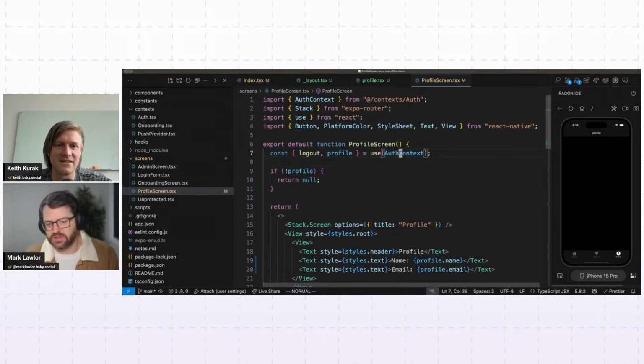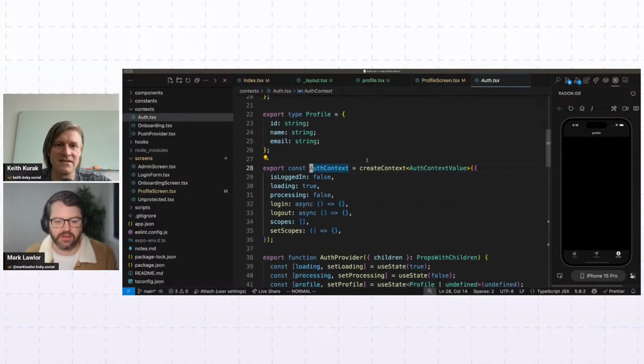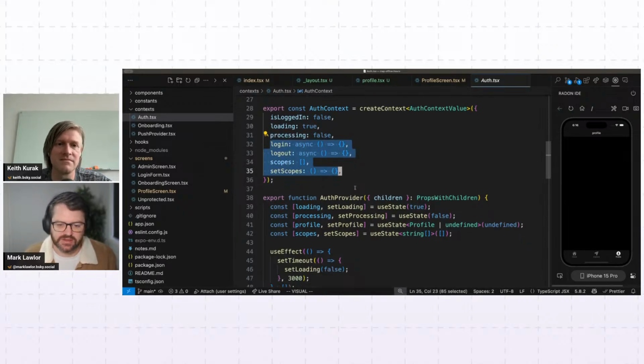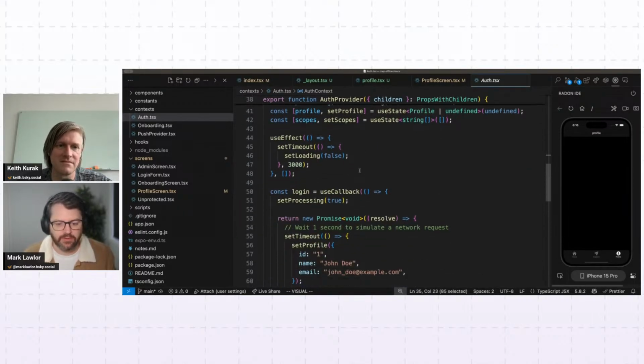But before I do that, I'm just going to give you a quick peek at my authentication context. It's just a really simple mocked-out authentication. Are we logged in? Is the authentication itself loading? Because often we would load from a file system or a server. Are we currently processing it? And then the actual functions that we use to call. And then when we go to log in,